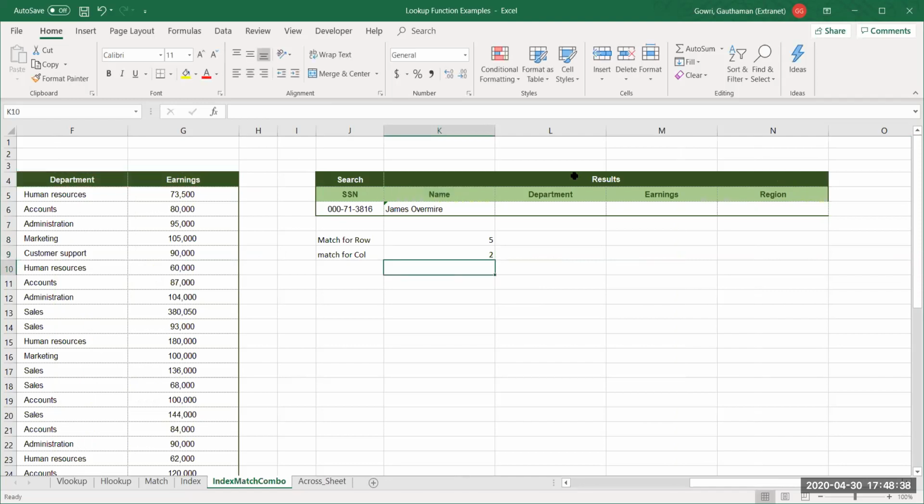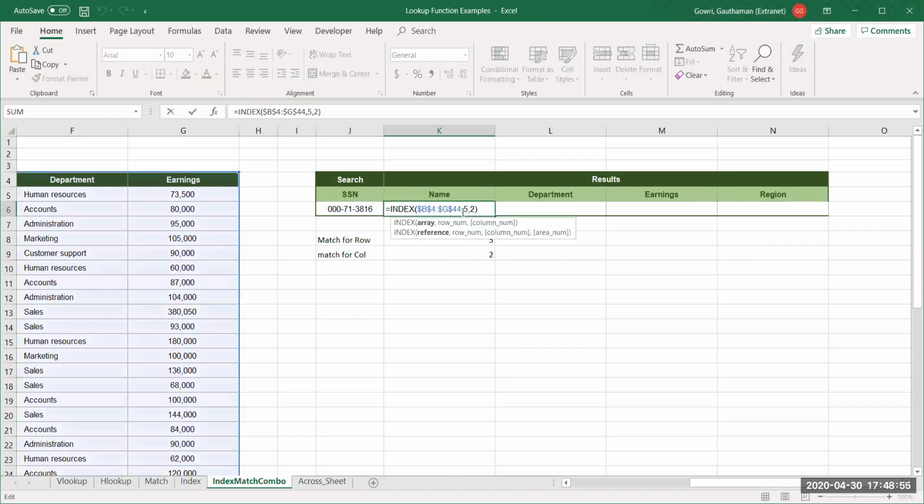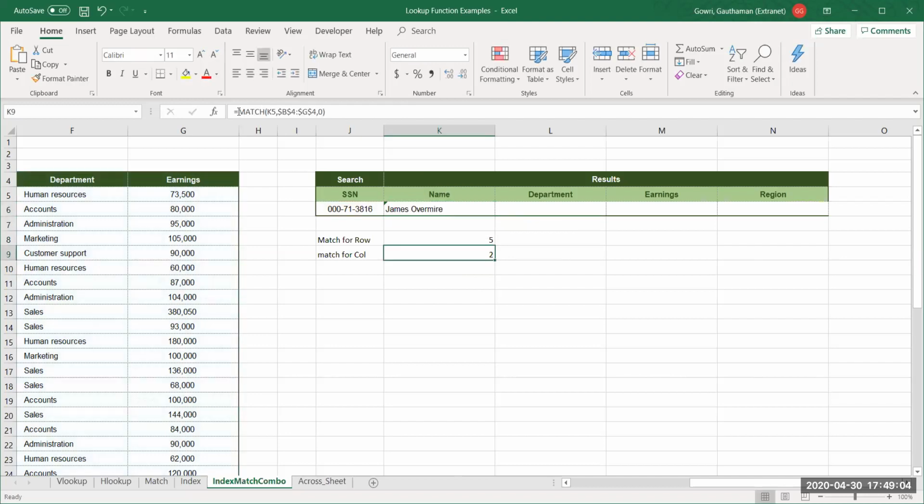Once we have got the row number and column number, we are going to copy paste these functions. Select this, copy it, and press enter. As soon as you copy the function, press enter. Don't forget to do this. Go here, and in place of 5, paste it. Again, press enter. This time, we are going to copy excluding this equals symbol.